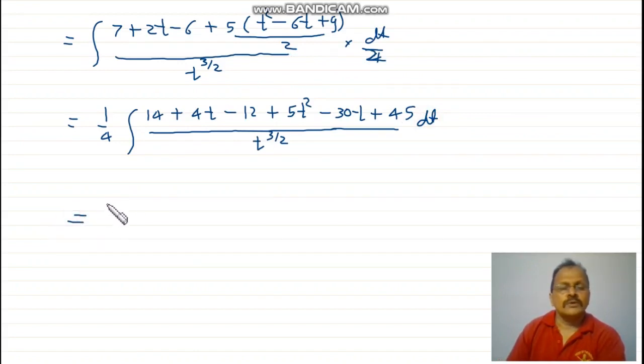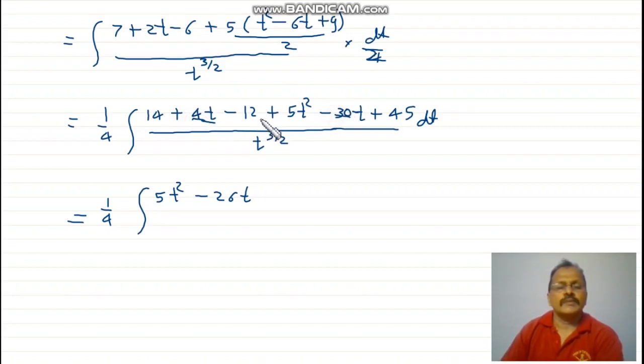This is equal to 1 by 4 times integration 5t square, minus 30 plus 4 is minus 26t. This term is considered. Now 14 minus 12 is plus 2. 2 plus 45 is 47, plus 47 divided by t raised to 3 by 2 dt